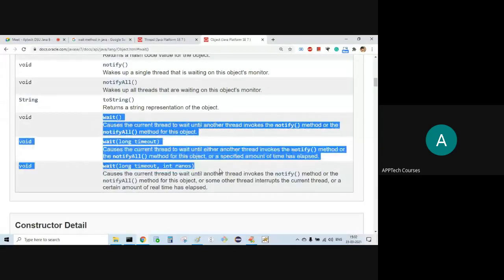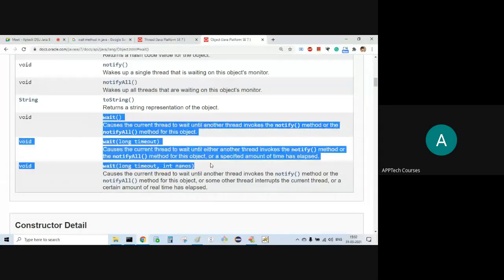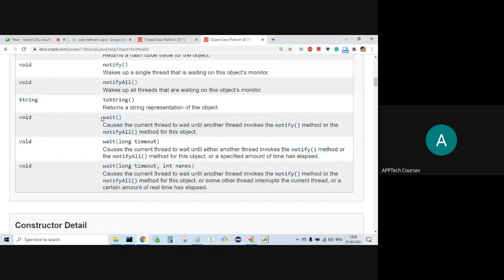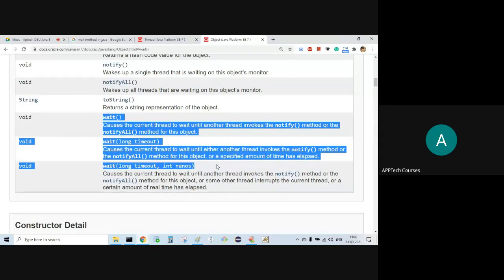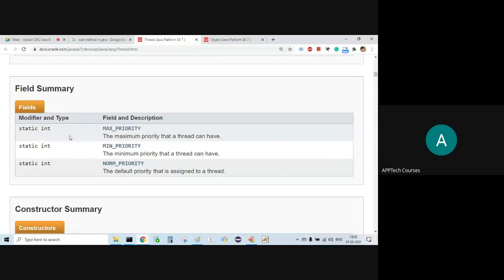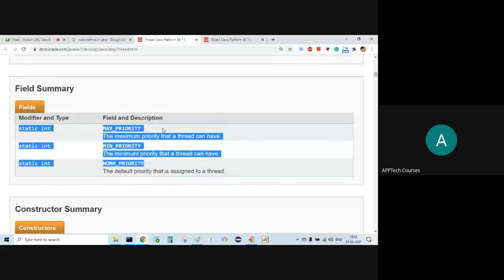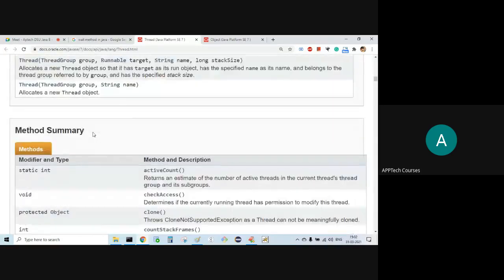So here, these are overloaded methods. What is it used for? All these methods will be used for threads. Now, in the Thread class, the priority fields are static. We'll come to know what those things are.